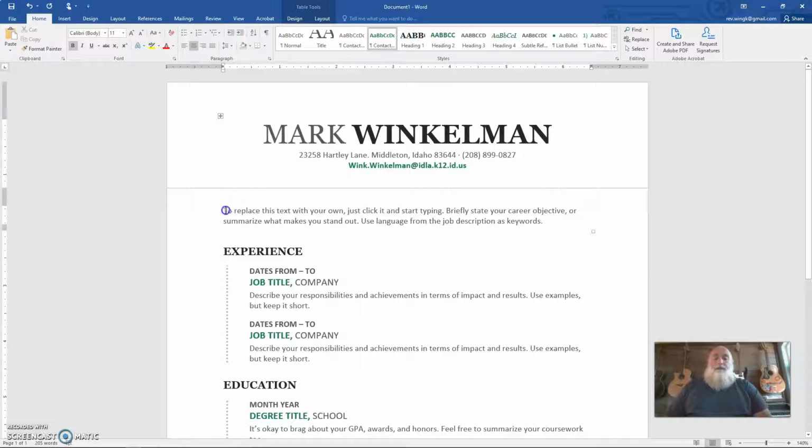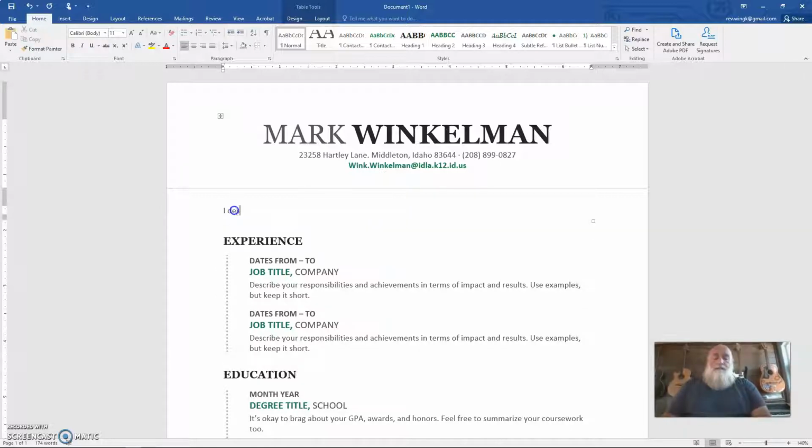This is the objective. When I click on it, notice the whole thing lights up. The whole thing's highlighted. I desire a position in education where I can be most effective with the skills and tools that I have